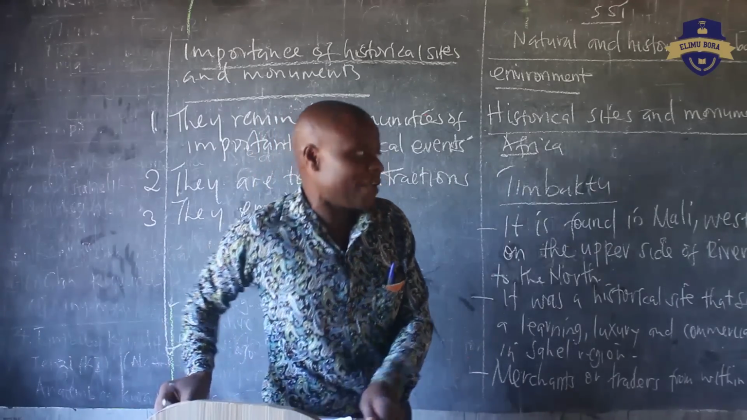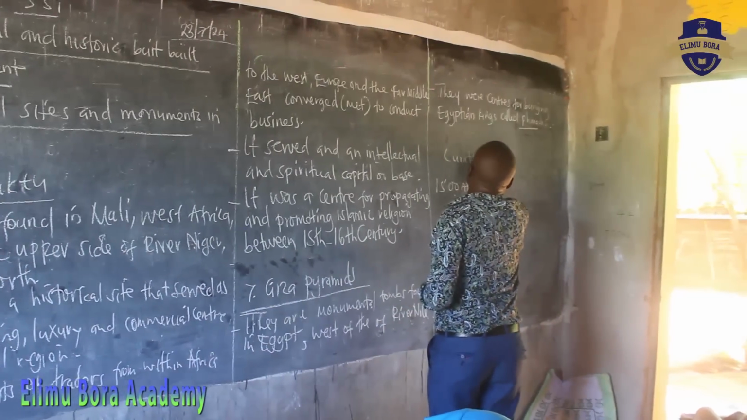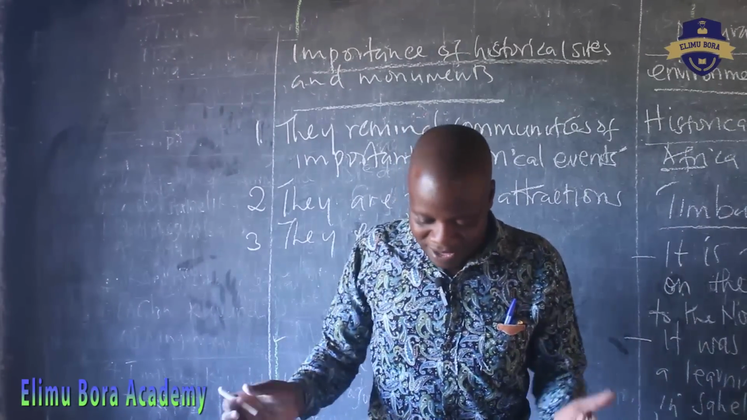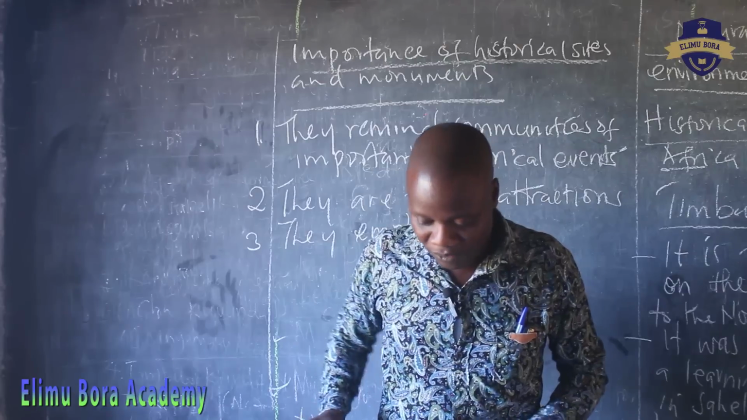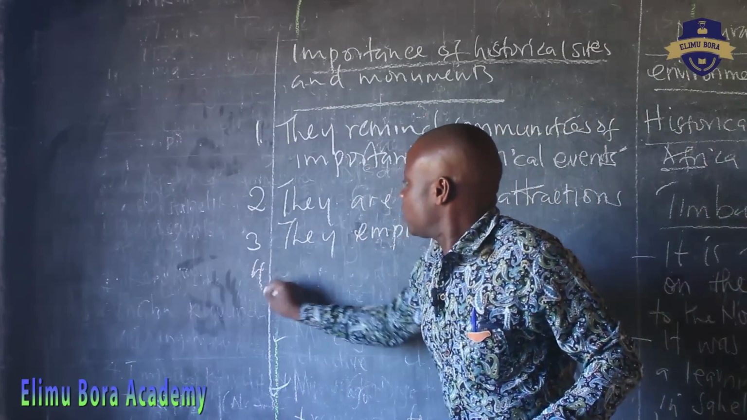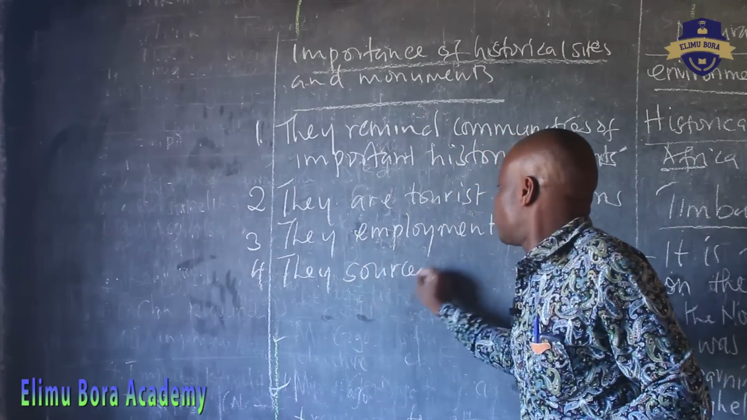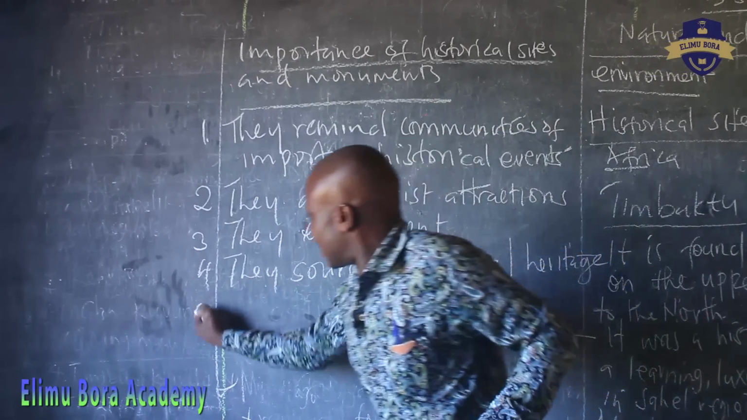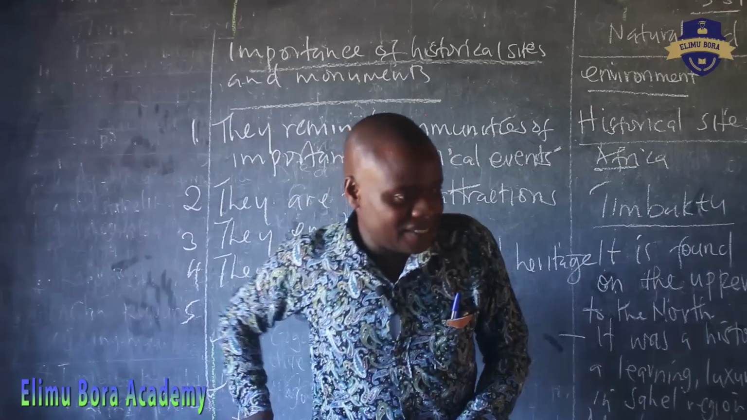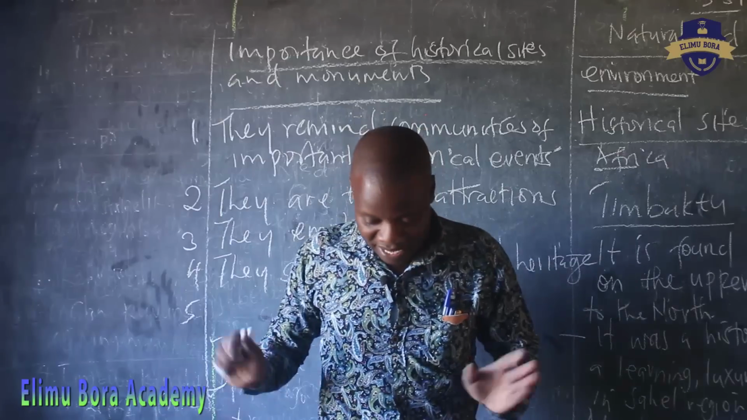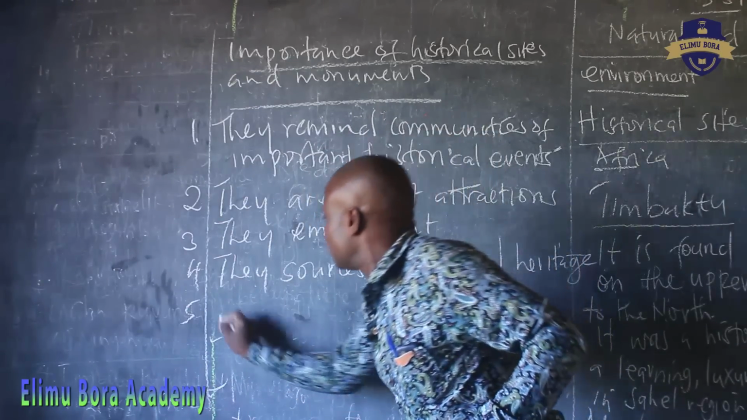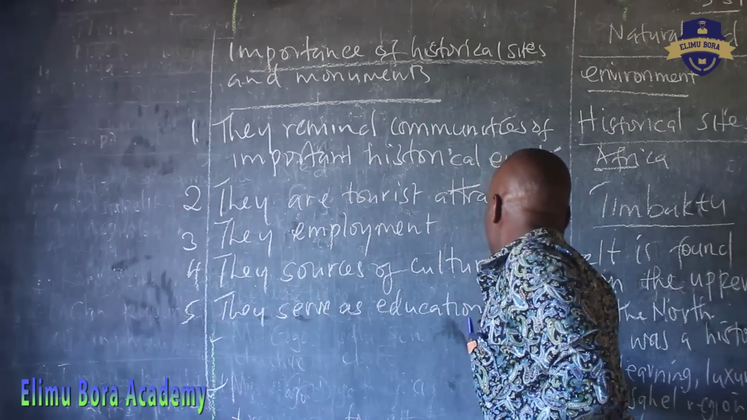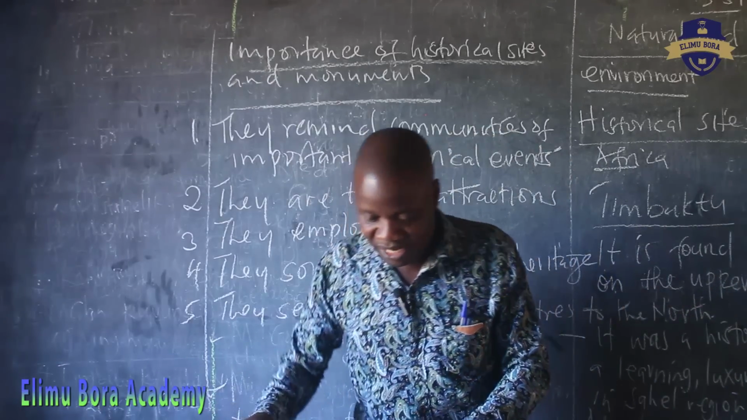For example, we have the museum curator, people who are in charge of managing the museums. Among other people, we have the security guards. They should be protected. They are sources of cultural heritage, so we are able to learn our culture from the past, the present, and even the forthcoming generations. They also serve as educational centers, so we can go there to get information on important